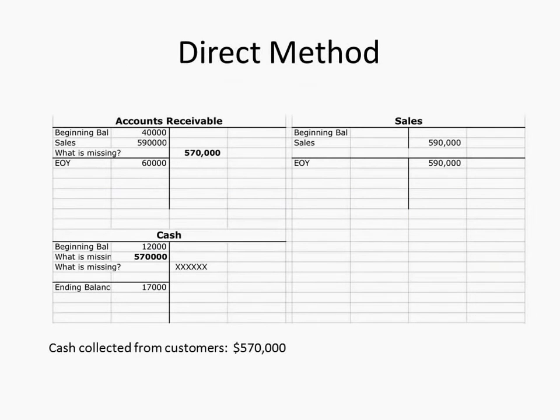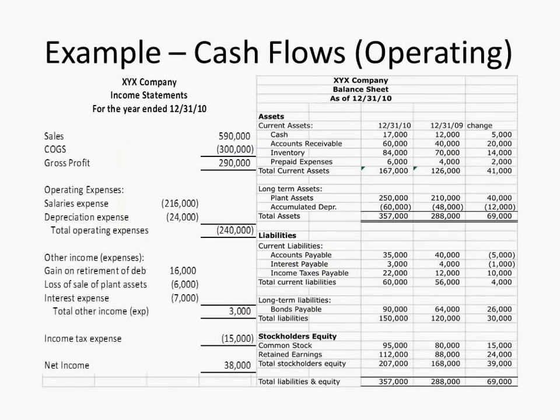Even more simplified than that answer. That's a very good answer. It's even more detailed than what I was asking for. So here, we've now gone through. I said when you do the direct method, you start with the income statement. We basically worked our way down the income statement to every single line and determined whether or not it has a cash impact, and if it has a cash impact, whether there's a related balance sheet account.